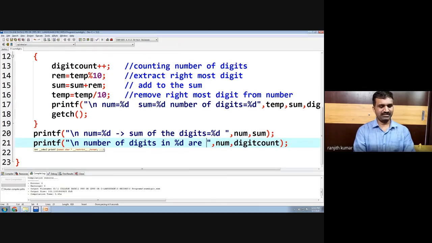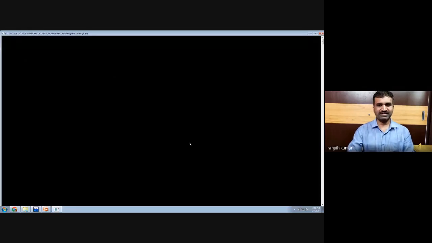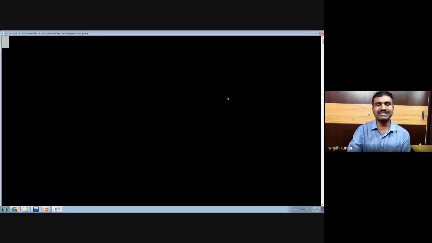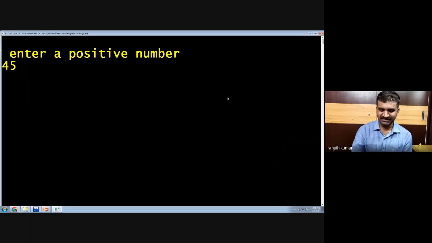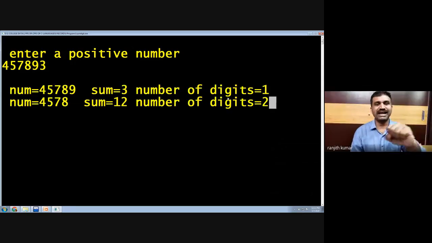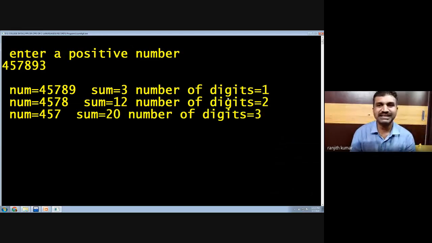Make sure that you have the exact percentage-d output variables and the same number of percentage-d's. So 40,780... add it to the sum. Okay, take a digit, add it to the sum, and simultaneously the digit count is also increased.